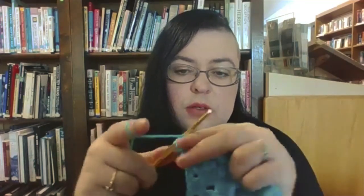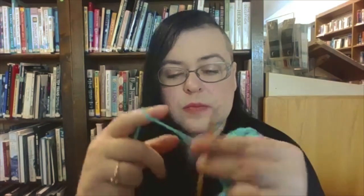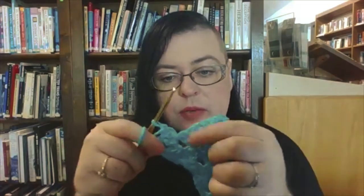cluster of 3, 1, 2, 3, chain 2, put your other cluster of 3 in that corner, 1, 2, 3. We just completed that corner, so we're going to chain 1 and begin putting a cluster in this transition row. So 1, 2, 3,